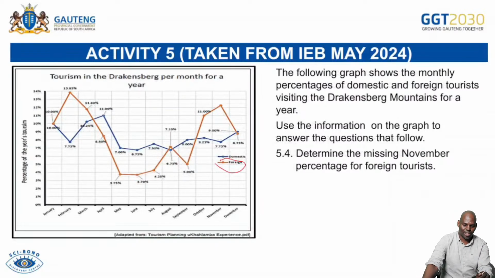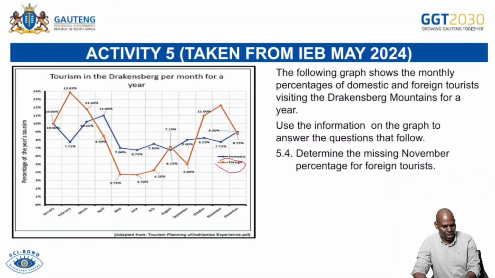So in this case, how do we get that one for November? We just need to, or we can say, 100% subtract